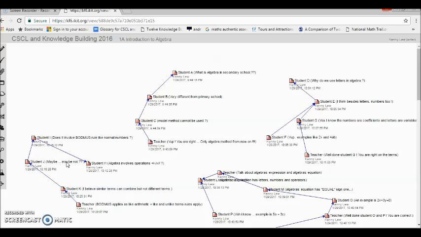So as we can see, there are many notes and links here. Let's take a look at one of them. For example, student E is asking, why do we use letters in algebra? Student E will be saying, of course, I think besides letters, there are numbers too. Student G will have researched that, yes, I know that the numbers are called coefficients, and letters are also known as variables. While student F has possibly another thought, he can quote examples like, yes, 2x and 4ab are some